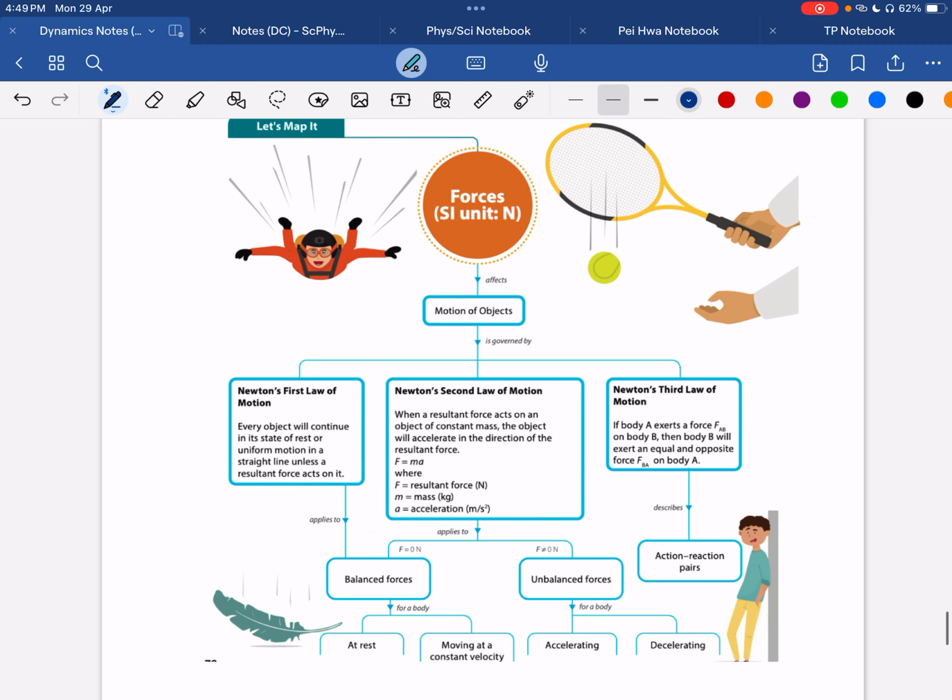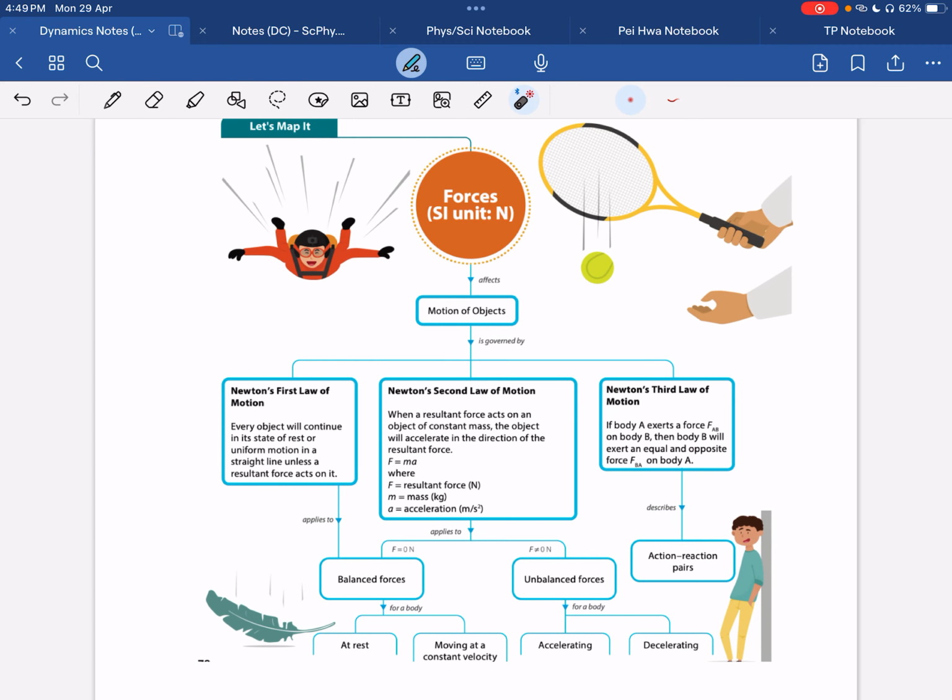So all in all, we have covered, right, this topic on dynamics. Okay, tells us how it affects motion of object, right, and it's governed by three laws of motion. One is when it's balanced forces, that means no resultant force, how will it behave? Object can either continue state of rest or move in a uniform motion in a straight line, right? And if there is resultant force, then object will accelerate, or aka it will speed up or slow down,